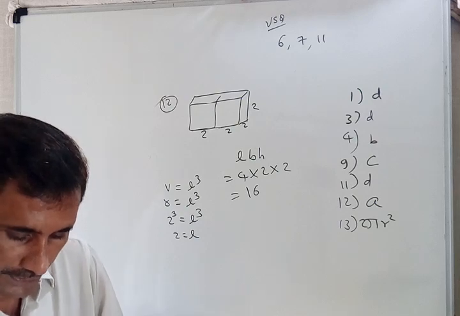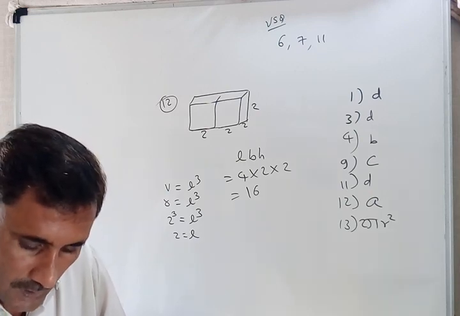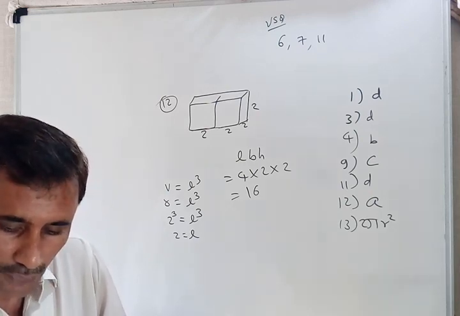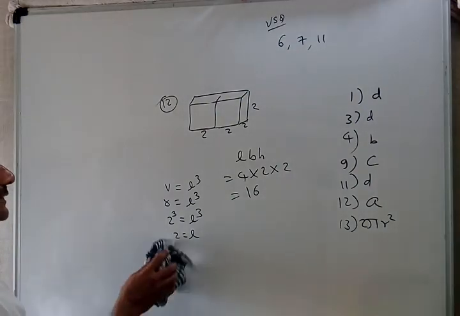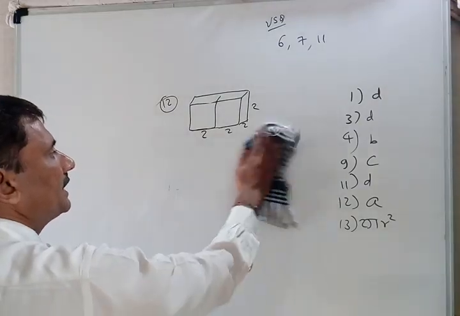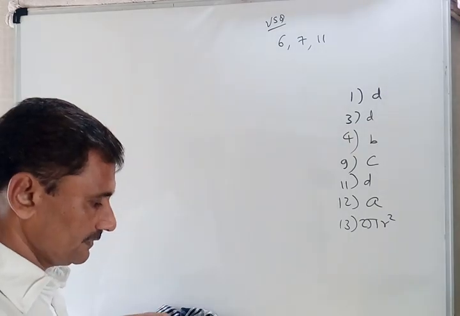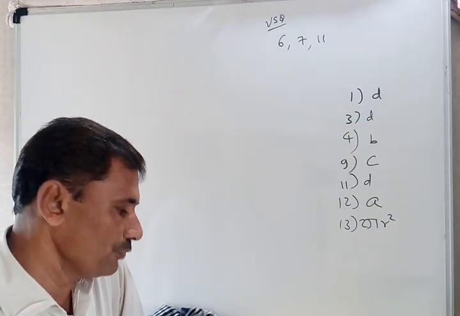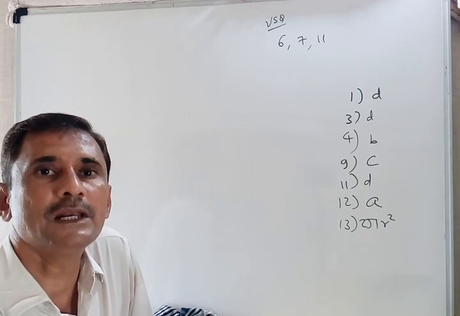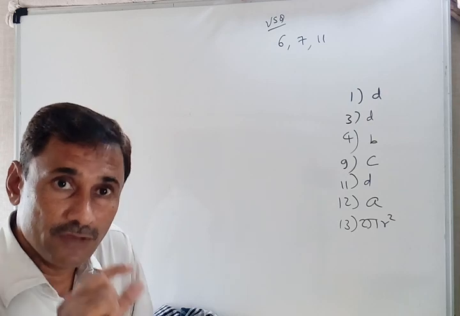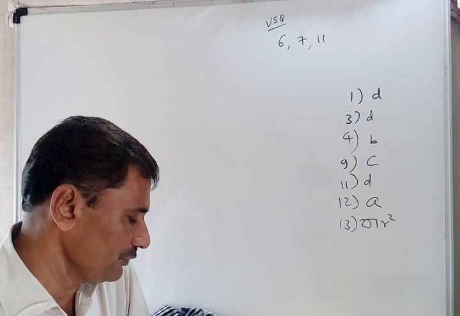Now look at number 13. Give the shape of the following things. Just imagine these things are in front of you, then observe what is the shape of that given vessel or whatever it may be. Okay? I have given you 6, 7 and 11 as homework. 5 rupee coin. What is the shape of a 5 rupee coin? Obviously cylinder, a cylinder of very little height. Okay. So a 5 rupee coin is a cylinder.